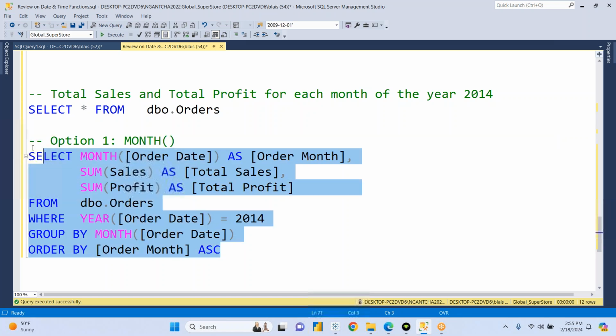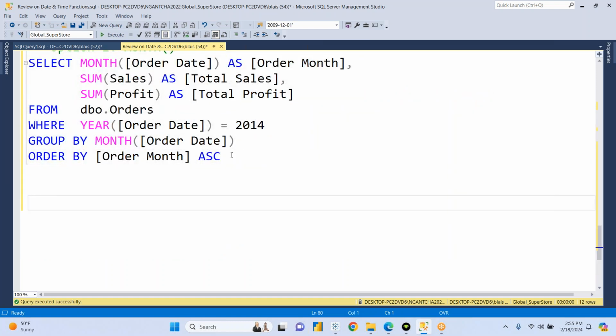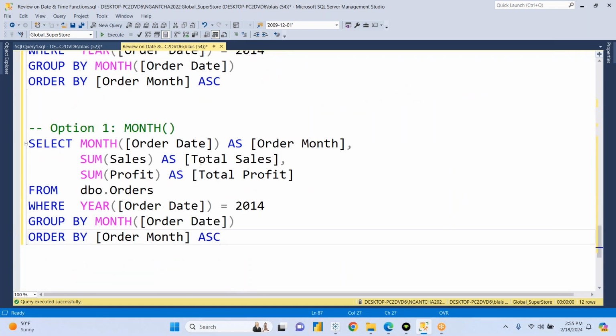In option 2, I'm going to transform this, and I'll be using the date name function so that I can tell the system the part of the date I want to project, the month. So instead of using this approach, I will switch this into a date name function and then instruct the system, hey, give me